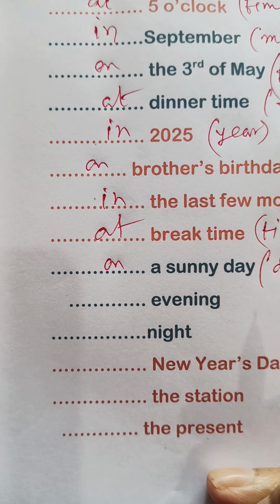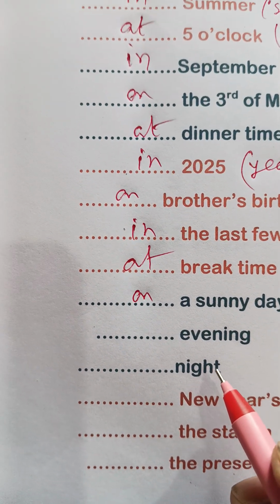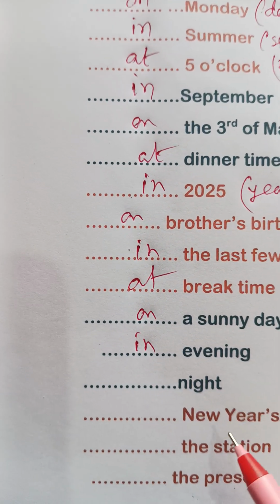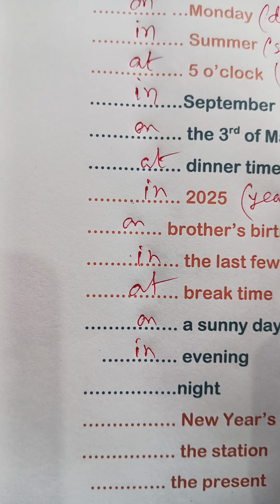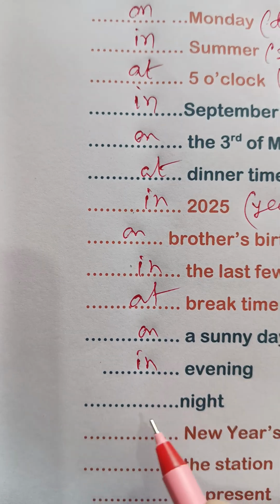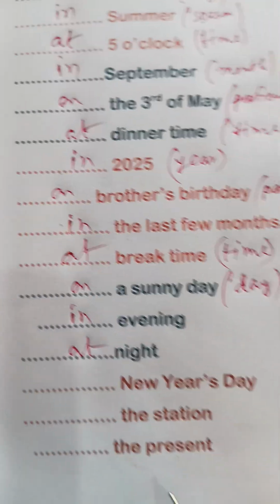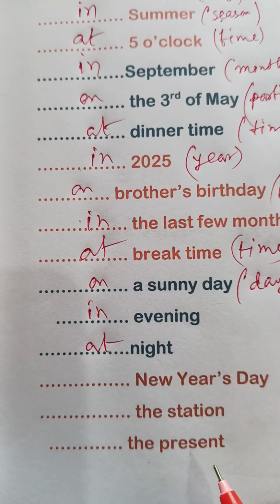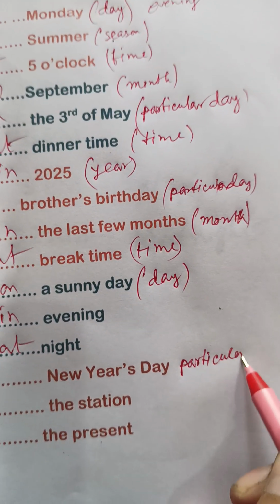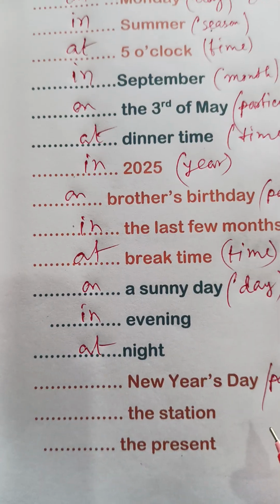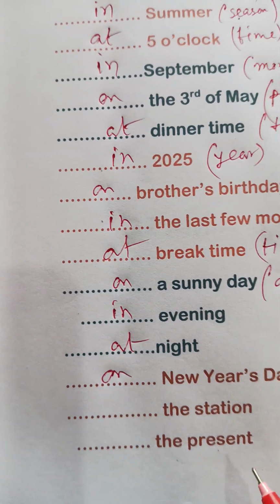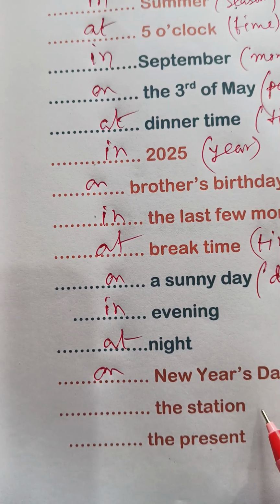Next, evening. In the evening, in the night, a time, so use at. New Year's Day is also a particular day, so we use on. The station. The station is a location,